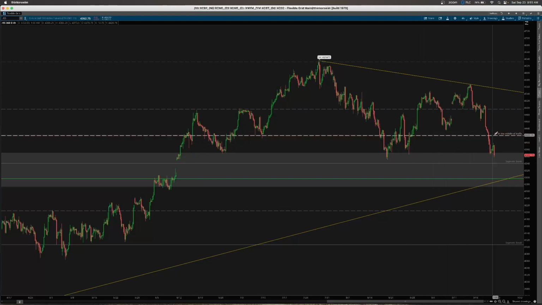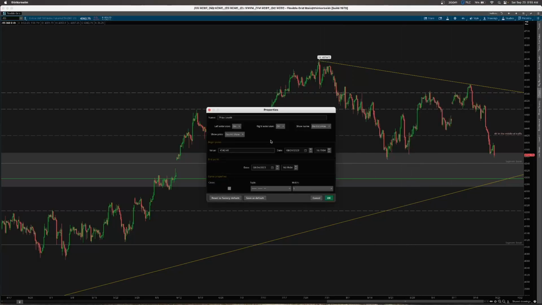Right, so it's not been respected. It used to be respected very well. It's not so much anymore once we got around here. But there's really not enough there to build a zone yet. So I'm going to put less importance on this. This level right here, up until the most recent pass through, held very well. So what we can do is